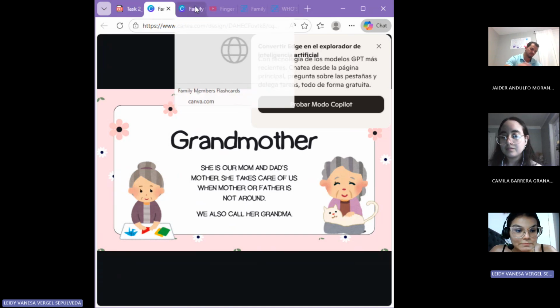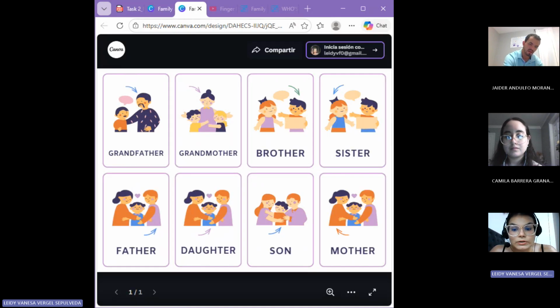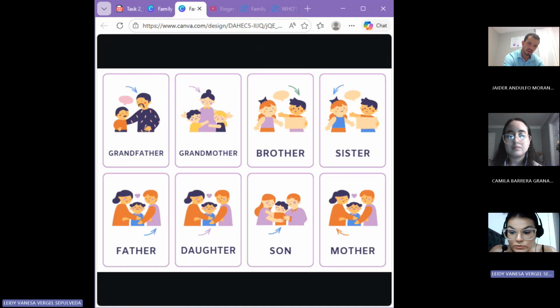Then, flashcards help the students associate words with images, because they reinforce vocabulary in an interactive way. I also include some videos.